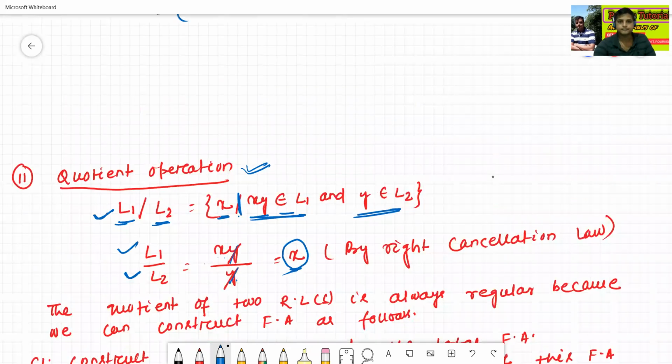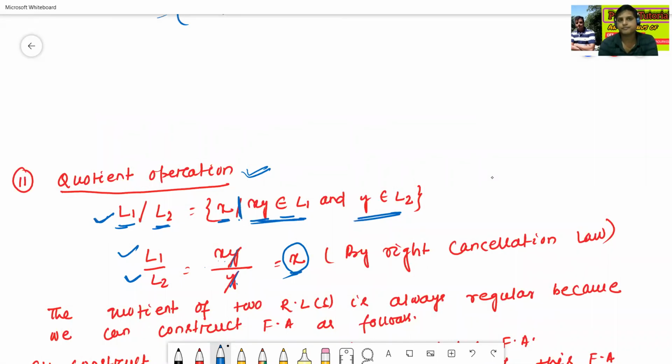Suppose, see here, some example. Suppose 0 1 0 0 0, divided by 0 0. Now we'll cancel the trailing 0 0, but we cannot cancel anything from the other part. So the output is 0 1 0. Next, 0 1 1 1 1 divided by 1 1 1 1. Yes, we can cancel 1 1 1 1. So the output is 0. But in the earlier case, we cannot cancel the below part, so that's why the output is what remains.